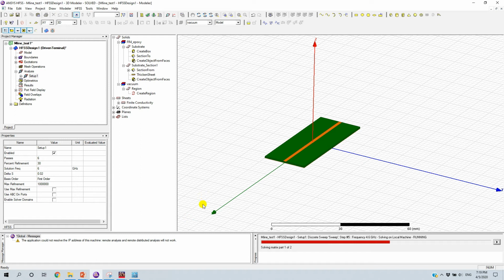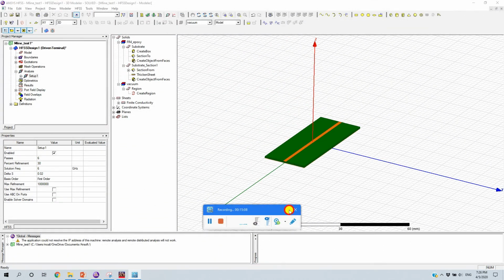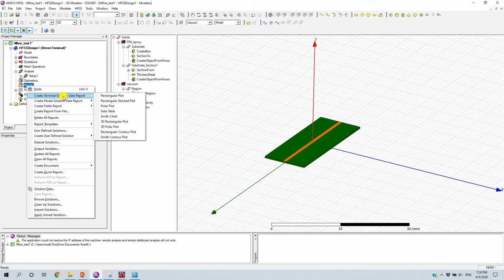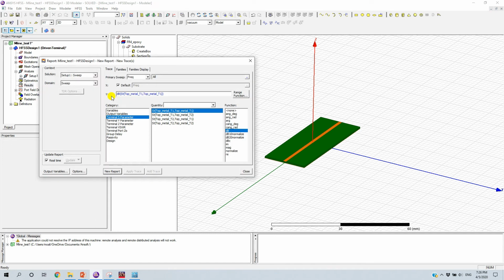Okay, I'm going to stop the recording, and then I'm going to show you the end result. Okay, so now the simulation is done, and we can see the results. So in order to see the result, here in this box right here, you can right click on the result. You can choose create terminal solution data,